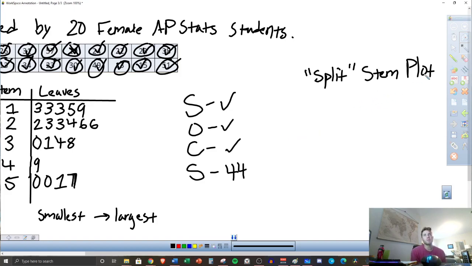So sometimes we want to split the stems, meaning we are going to create,